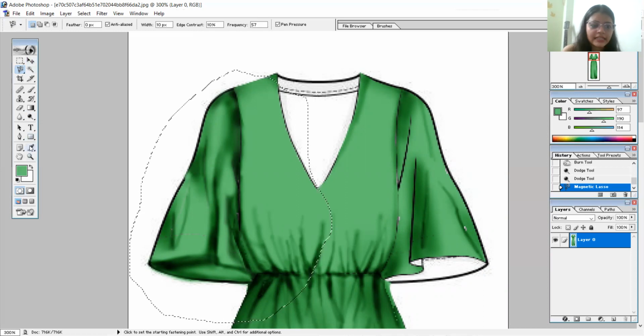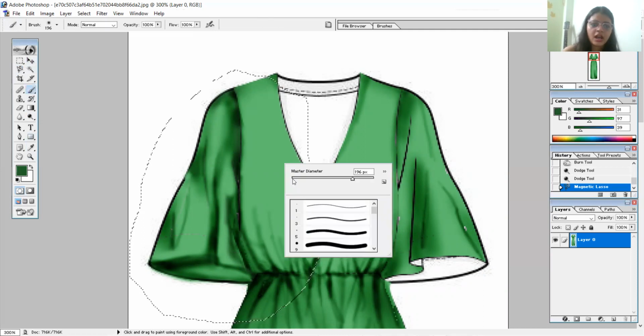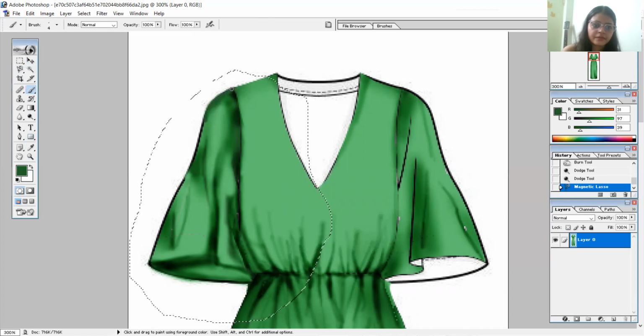I've selected my sleeve. I'll take the boundary color with the eyedropper. I'll minimize my brush size as much as you can and pick the same color that is in the shade, the outer shade. So I've done the dark green in these areas. Now I'll pick the sea green color,